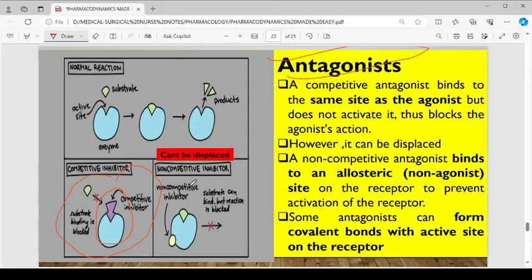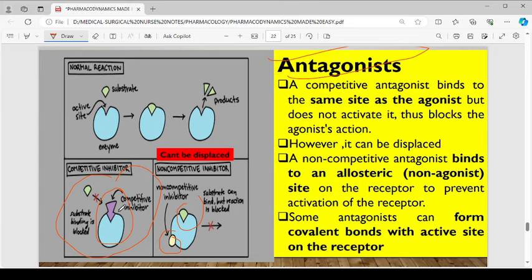But for a non-competitive inhibitor, the agonist and the antagonist have different sites. You can see here is the agonist site, but now the antagonist will be here. The agonist will be here. So competitive antagonists bind to the same site as the agonist, as we have been able to look at here, but do not activate it,